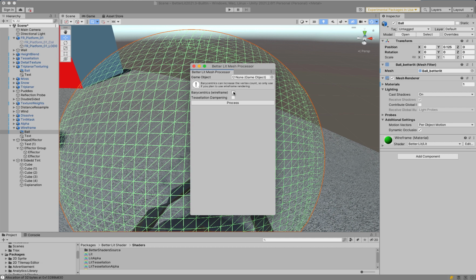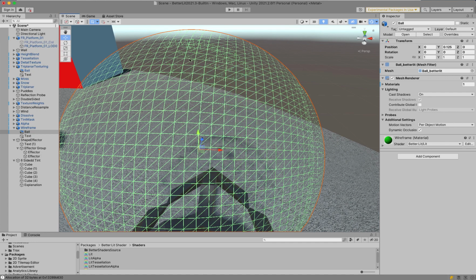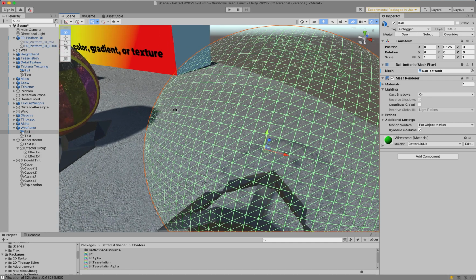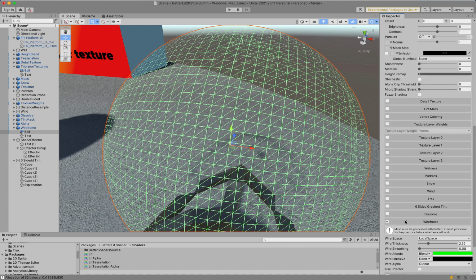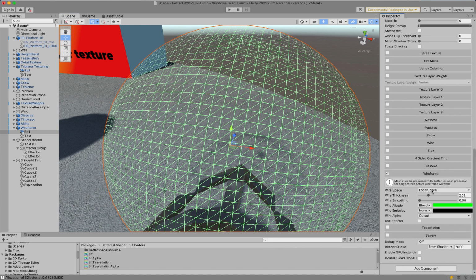The nice thing about using this technique is that this works on all GPUs. It doesn't have to use geometry shaders or anything like that. The downside is that you do have to pre-process the mesh to put the barycentric data onto it. But the nice thing is you can come in here and do wireframes on your object. You can choose different spaces for them, whether you want the size of them in local or world space. You can adjust the